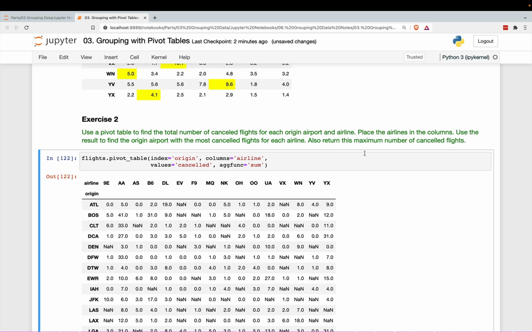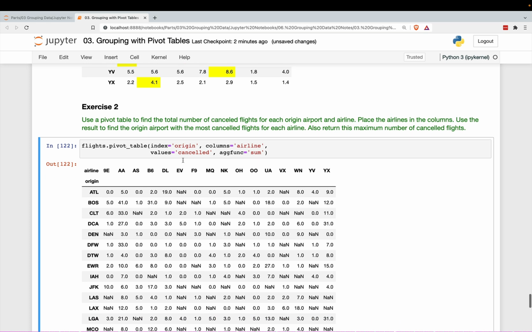All right, so place the airlines in the columns. Okay, that's what we did. Use the result to find the origin airport with the most canceled flights for each airline. Also return the maximum number of canceled flights. Okay, so this is where now we have to use our old knowledge of pandas. So if we just call the max method, we're going to find these